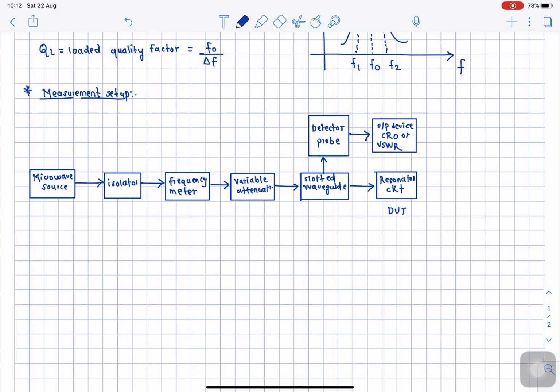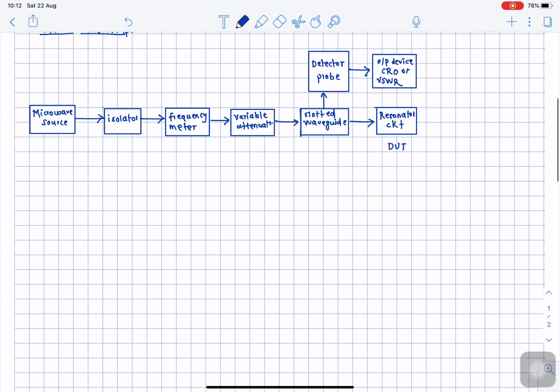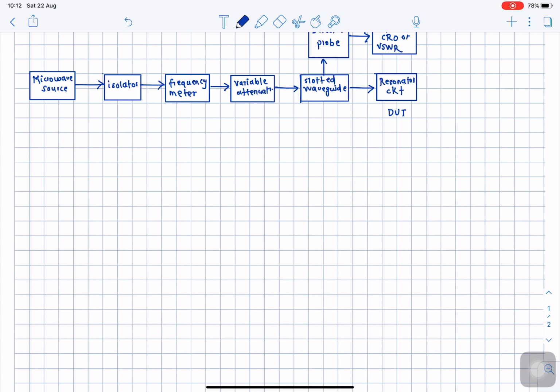So let us say this is a resonator circuit. I will draw it over here. We'll come back to this block diagram working. So here, if this is a resonator, okay, so this is a resonator circuit. If this resonator circuit is supplied with certain input power, and this input power has a certain frequency such that it matches with the resonating frequency of this resonator, then we will get certain output PO.